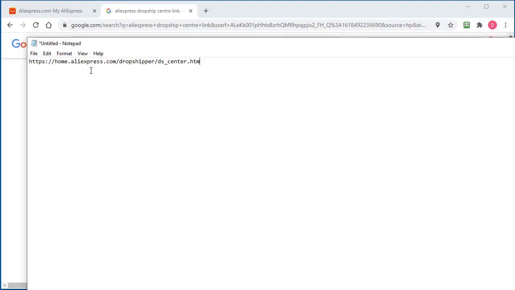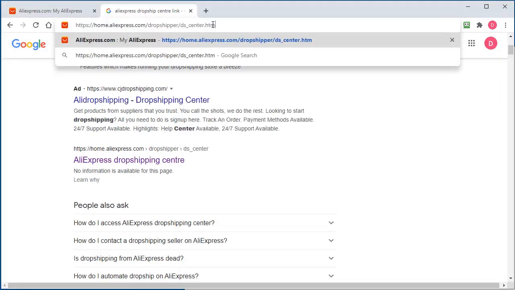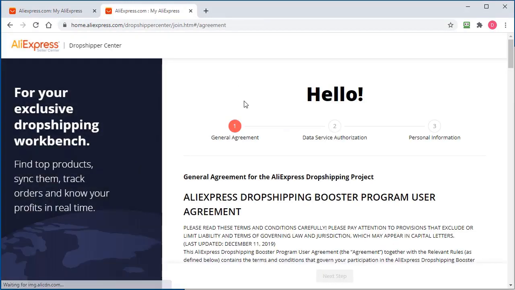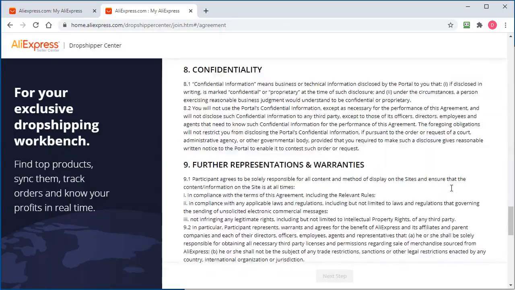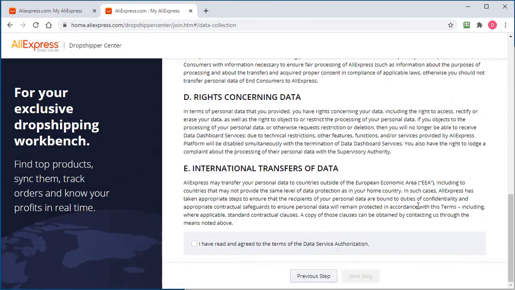So you want to be going to home.aliexpress.com, then /dropshipper, then /ds_center.htm. So if we take that link and put it right up here, click enter, and I'm using Google Chrome. This is where you have to join the dropship agreement, their program. So all we have to do is come down to the bottom, click the checkbox, click the next step, click that,